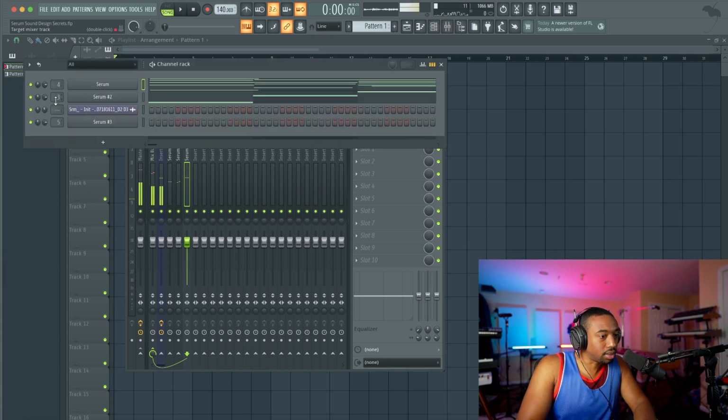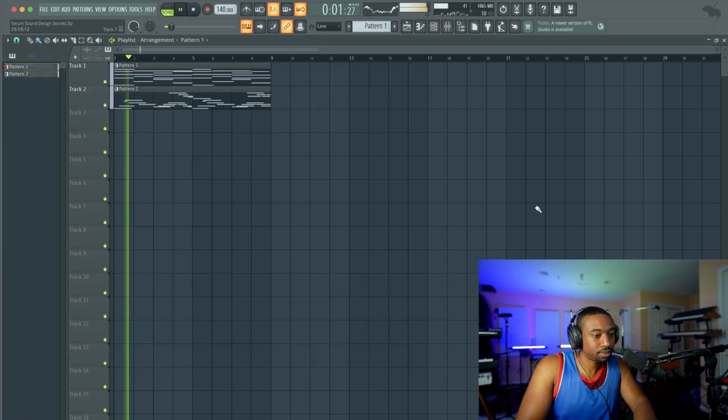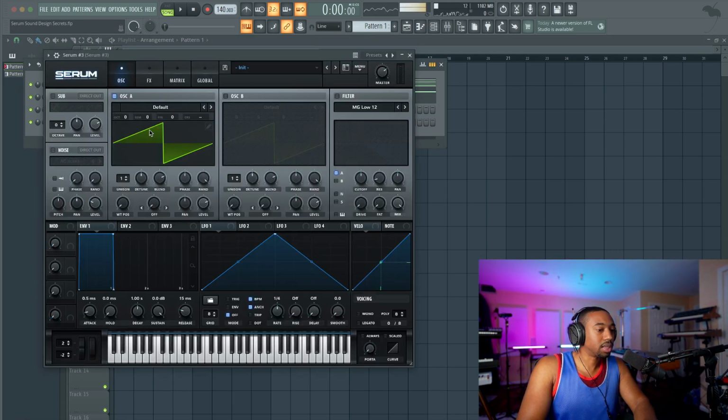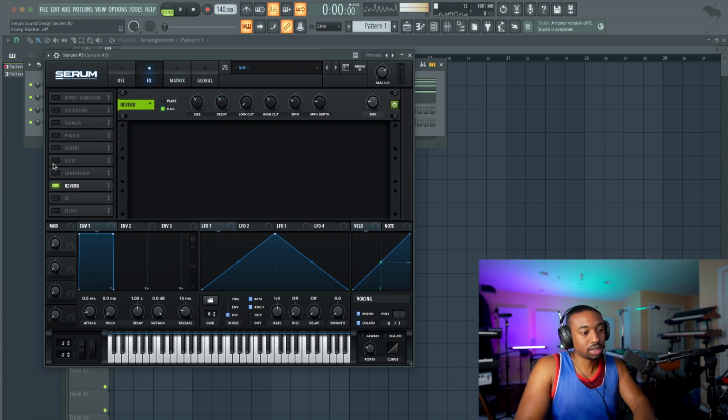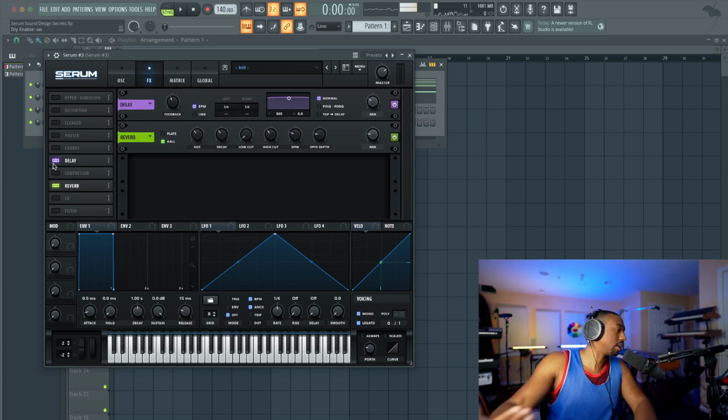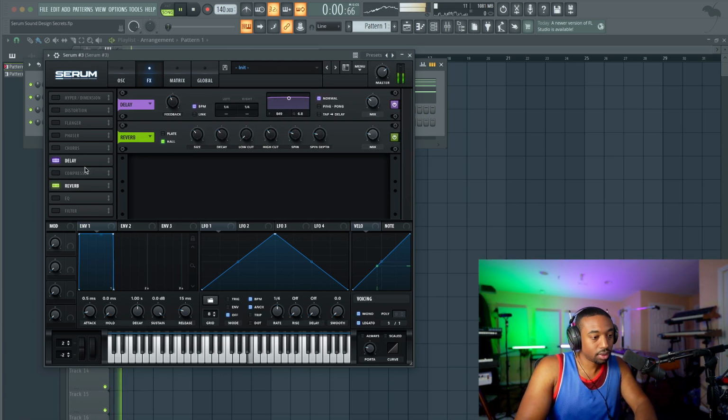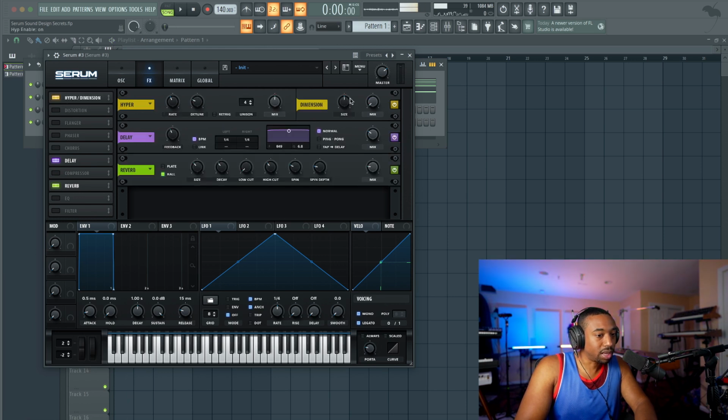So let's turn this sound down. So what are some things we could do with this top sound? We want to add legato, so notes pitch bend. We want delay reverb. I usually start with what does the sound do, and then I go back and chisel out the actual sound. Let's add some dimension here. We're moving a little quicker here because it's not mandatory. Let's add some dimension. It's going to add like a room effect, like it's in a space.